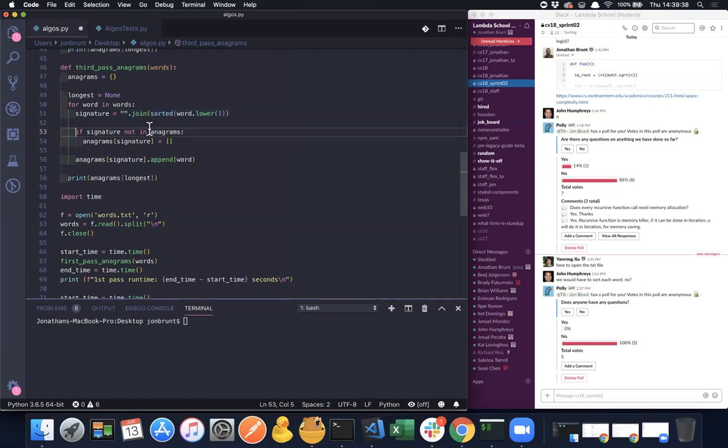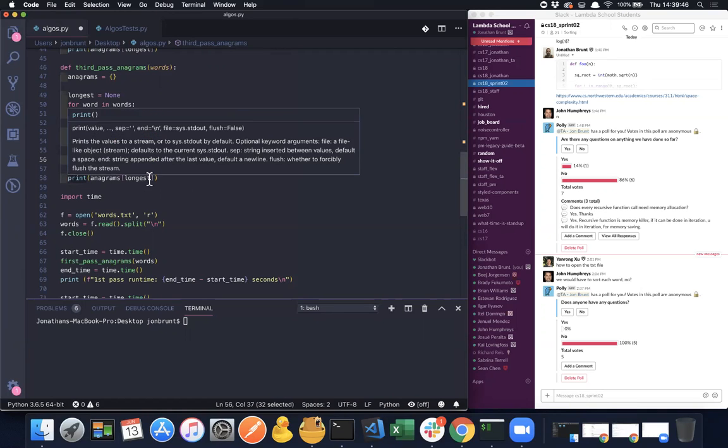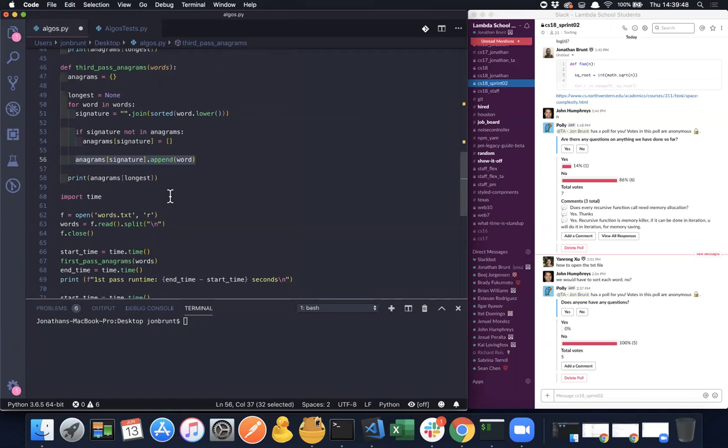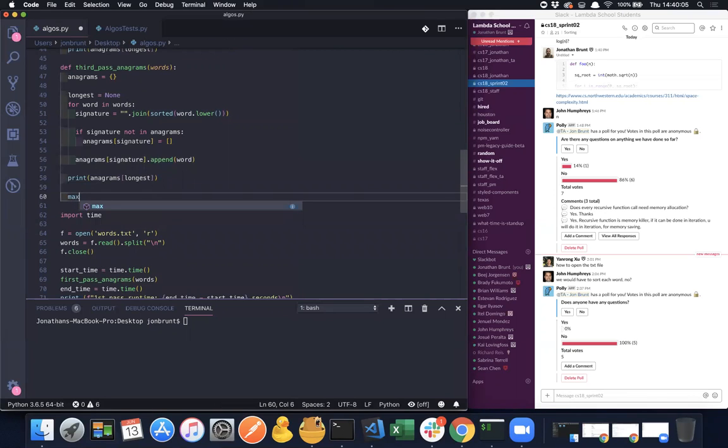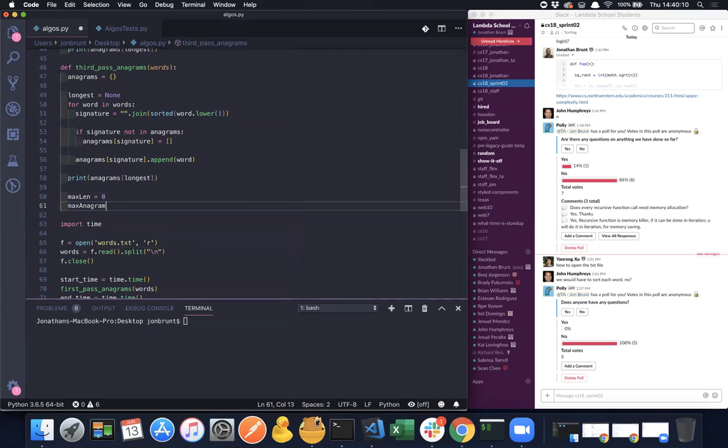We look for the signature if it already exists. If it does not, we create a new array for it. We append the word to that array. At the end, we print the longest. So we're doing the same thing that we were doing in the first operation, but the difference is we could slightly improve this if we went down and just said max length equals 0, max anagrams equals